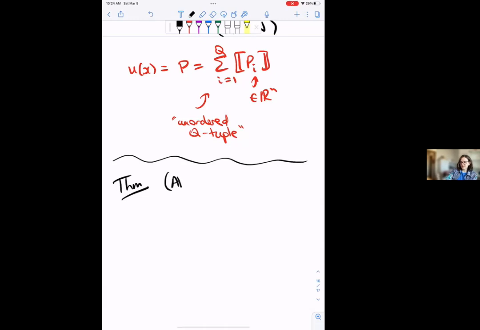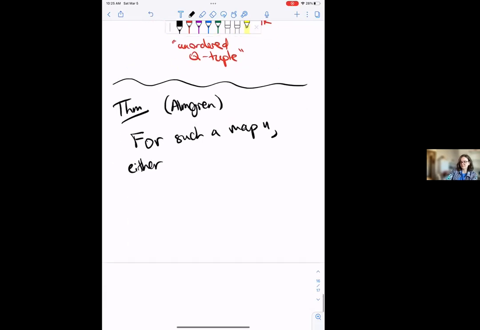So, a theorem due to Almgren, which states that for any such minimizing Q-valued harmonic map u, we have the following dichotomy. Either u is identically Q copies of a classical harmonic map,